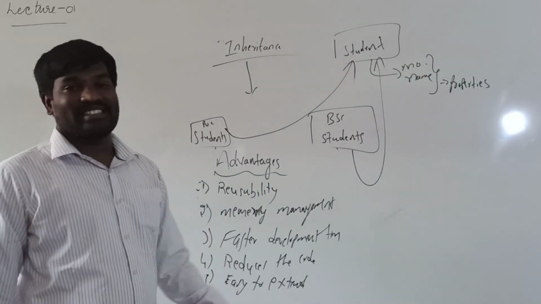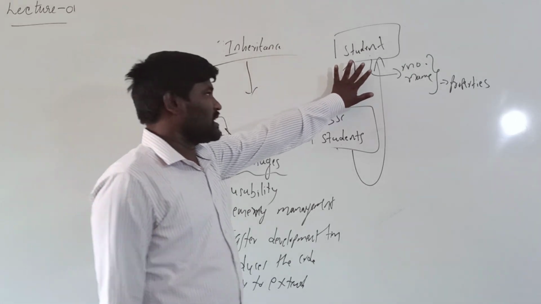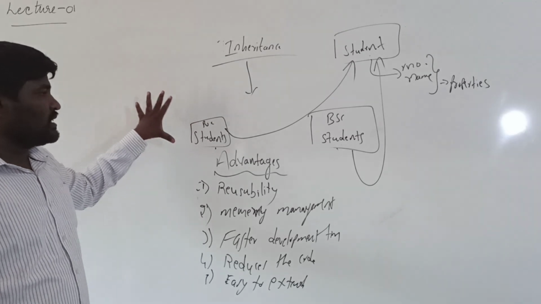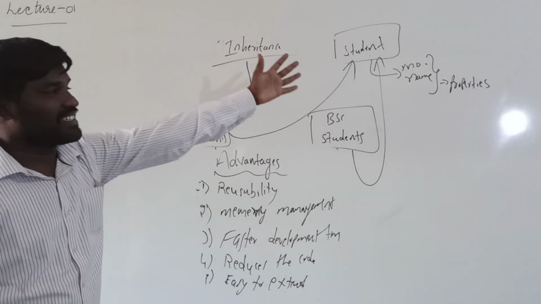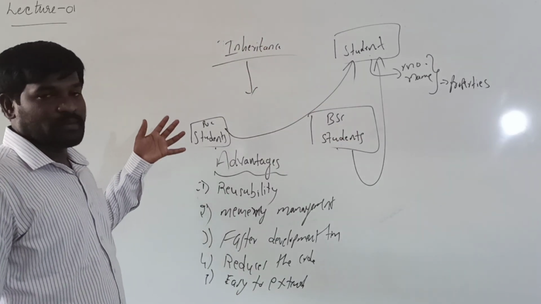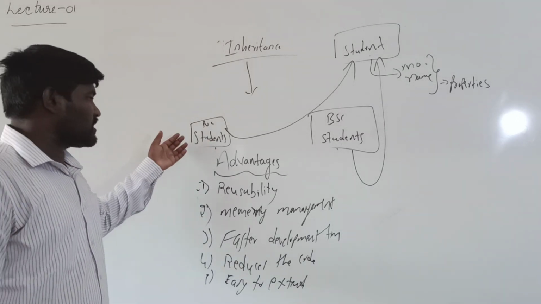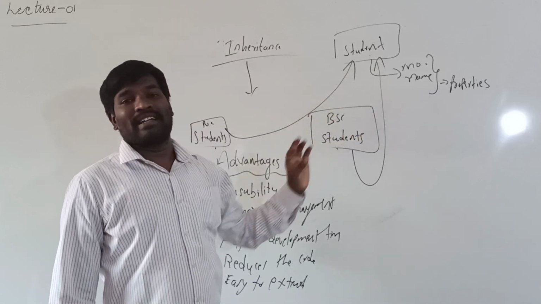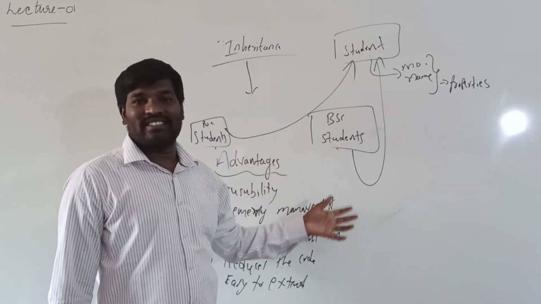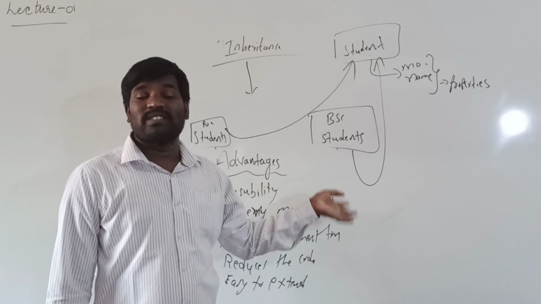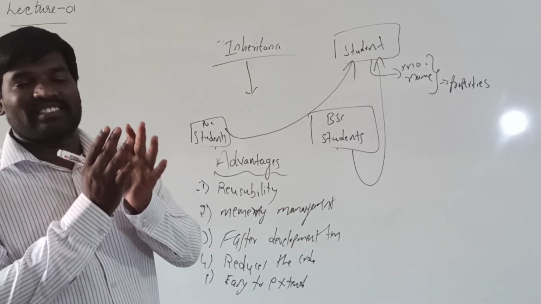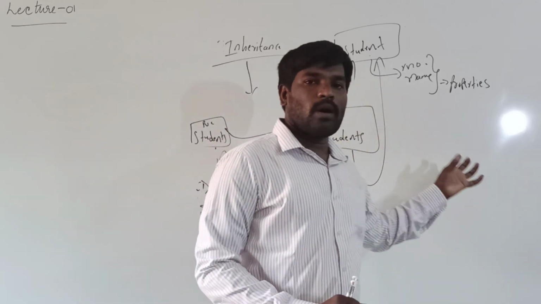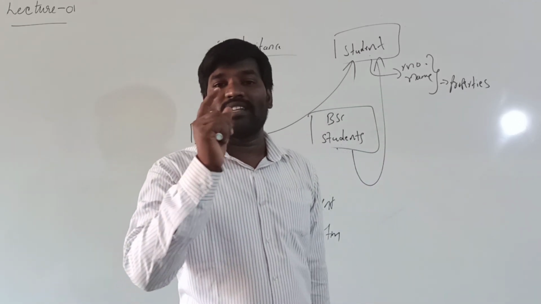And easy to extend. Here the roll number and name are common properties. At the time of defining the PUC class, I cannot declare roll number and name. I just have to mention the board of the PUC and the subject. In the BSc students, I cannot declare roll number and name. I just have to mention the university and the subjects. Only changing properties can be mentioned separately, but the common properties are mentioned only one time.